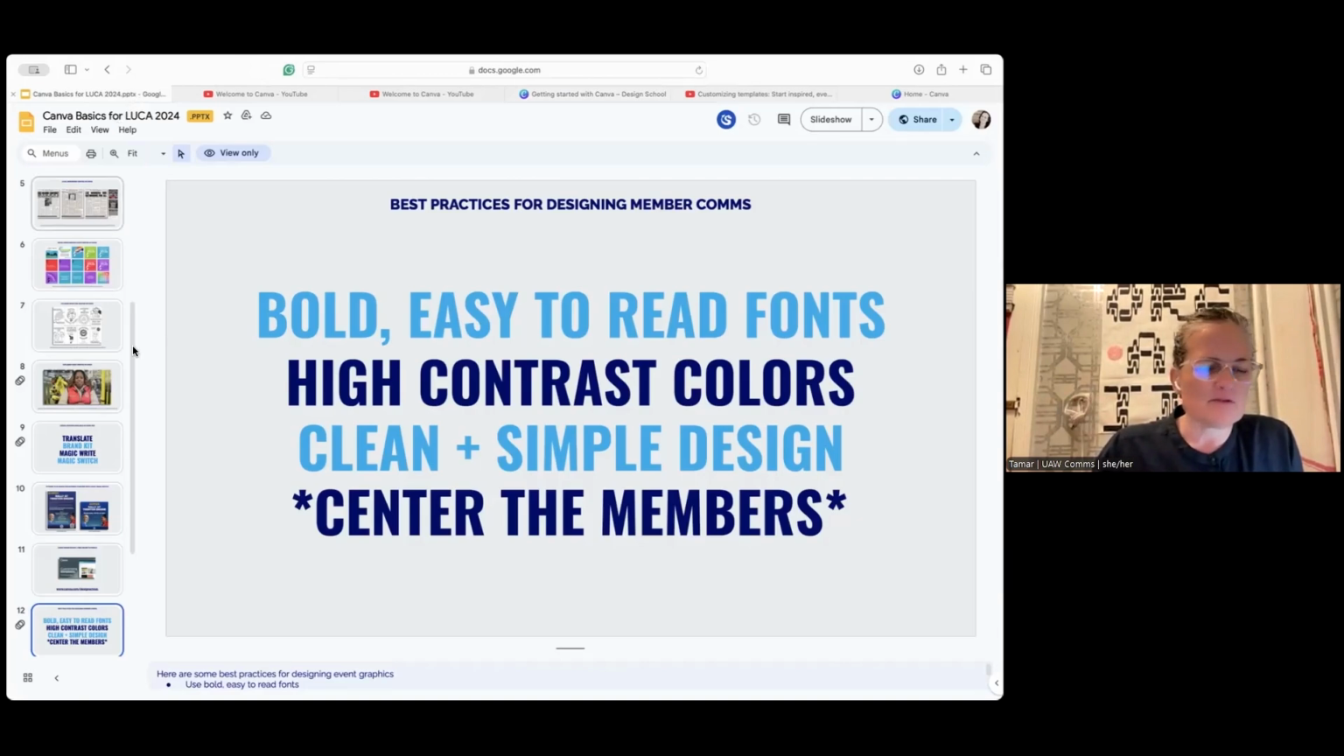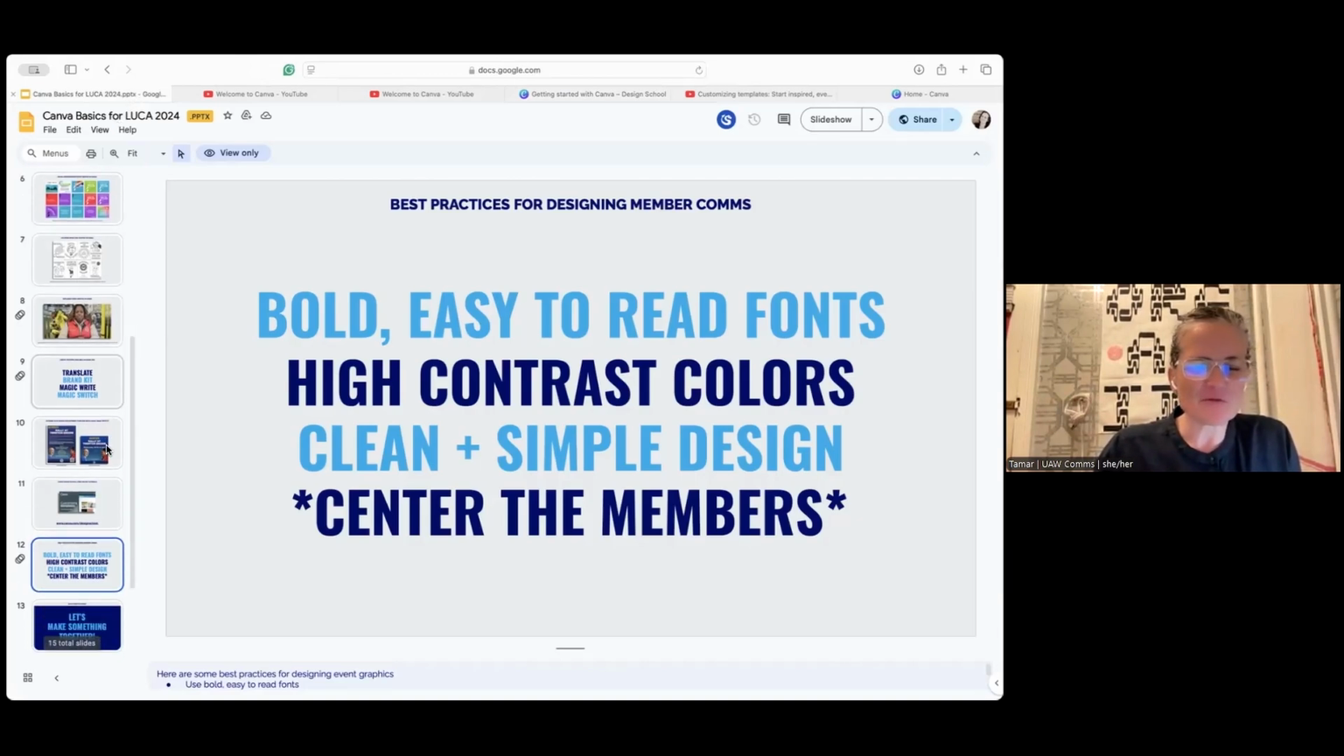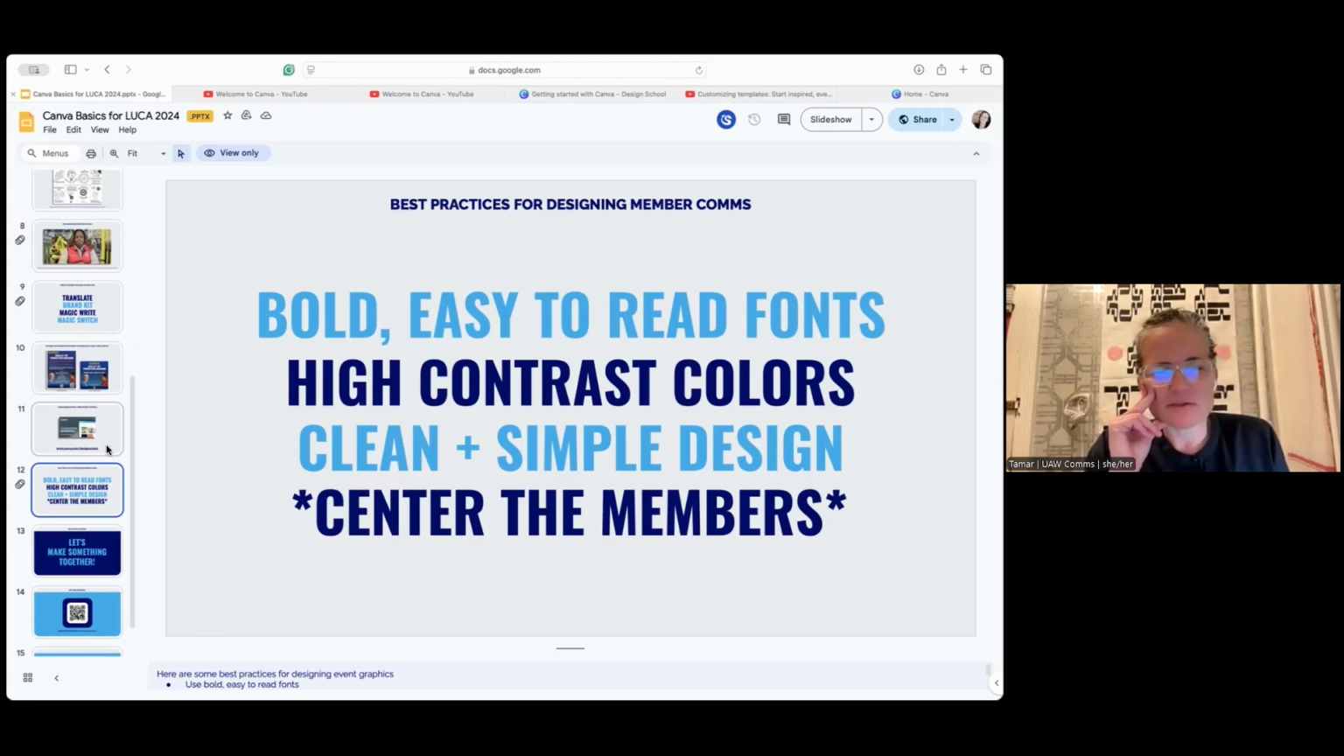And then I just, before we go into a little demo that we'll do together, I just wanted to mention some best practices for designing